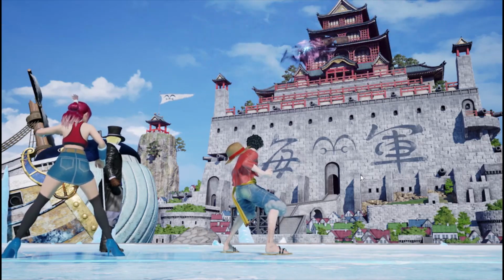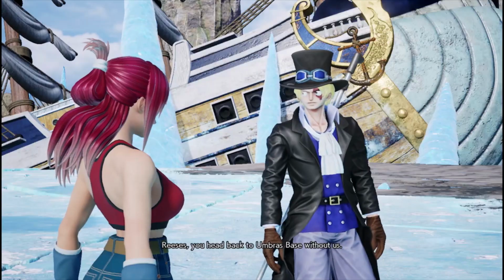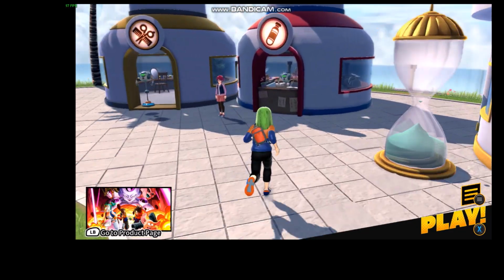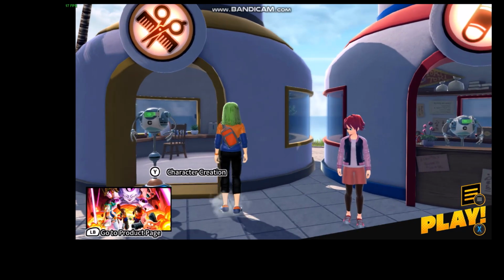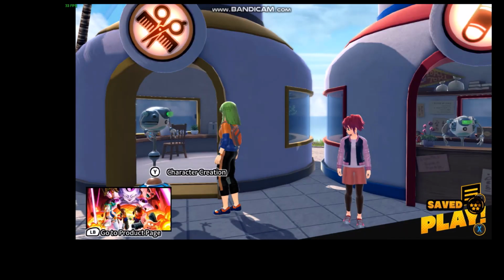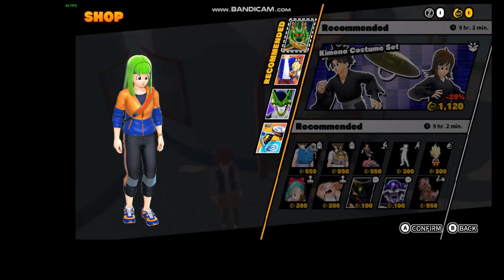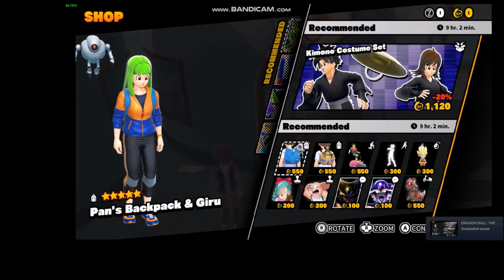The reason there aren't that many people data mining the game or looking into the game's files, and it's been slow, is because there's an entirely new format to the game. I mean, not entirely new. There are still CPKs. But in Xenoverse 2, there's this file called the CPK which contains all the models, textures, etc. For Breakers, even though it very obviously uses the Xenoverse 2 engine,